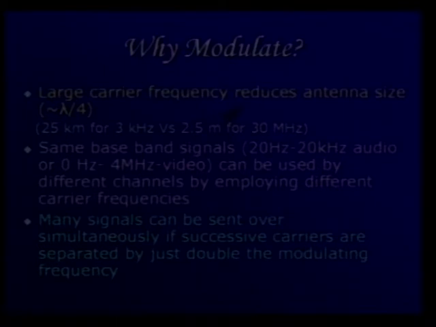You can have n number of audio channels, n number of video channels. In television you keep on changing the channel and you can see different pictures. The baseband signal in all these pictures is 0 to 4 megahertz. However, you can see different pictures which are carried by different carrier frequencies. So our modulation technique is helping us to separate out different channels. And this is the most important aspect of modulation technology.